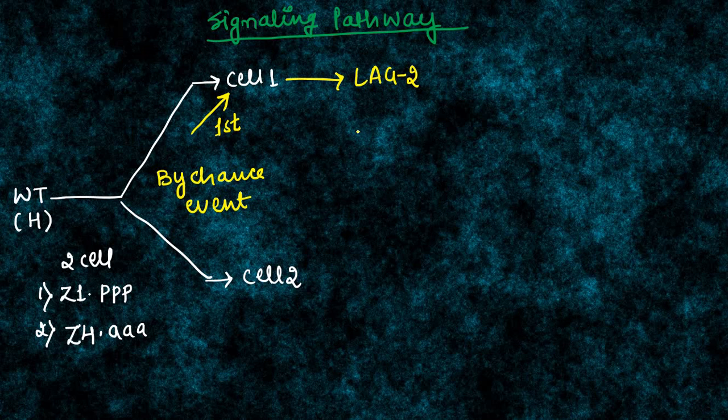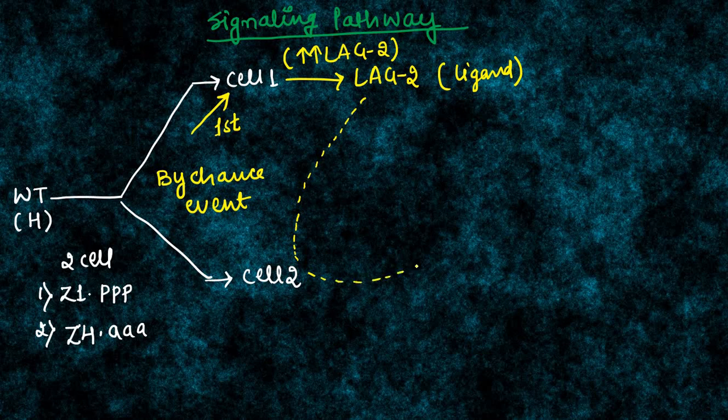That means cell 1 will have a high concentration of lag-2, because it is producing it, and lag-2 is acting as a ligand or signal. With the help of lag-2, cell 1 is going to stimulate cell 2